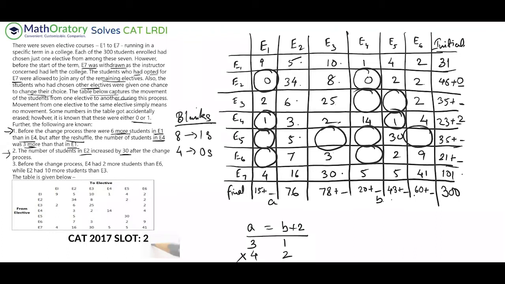Which automatically also takes out this second case, A4 and B2. Because if A has to be 4, then each of these blanks had to be 1, right? Which is not possible now because one of them is 0. So we are out of this. That tells us A is 3, and automatically that tells us that these two blanks have to be 1, right? So this A is 3, we can fill this out. And this B is 1, we can also fill this out. But right now we cannot say which of these 3 blanks is getting that 1. So let us leave that. But we are almost there, right? So this case is also out. So I'll just take it off.